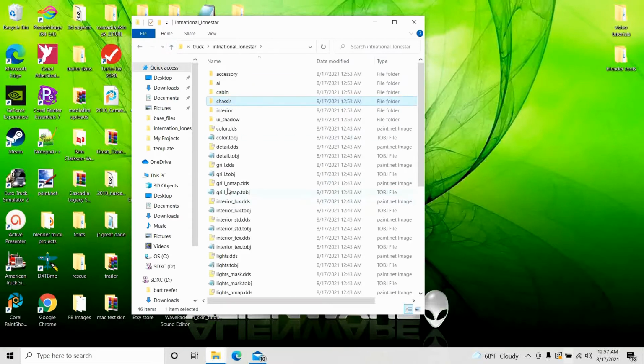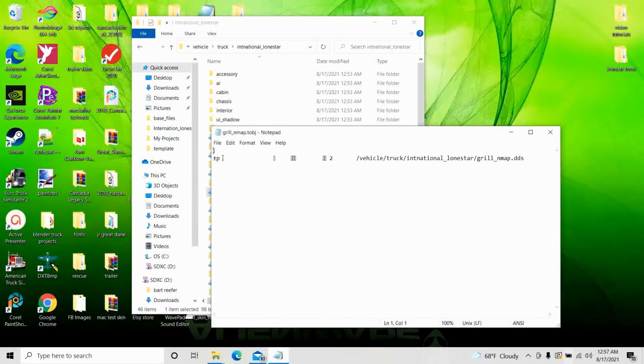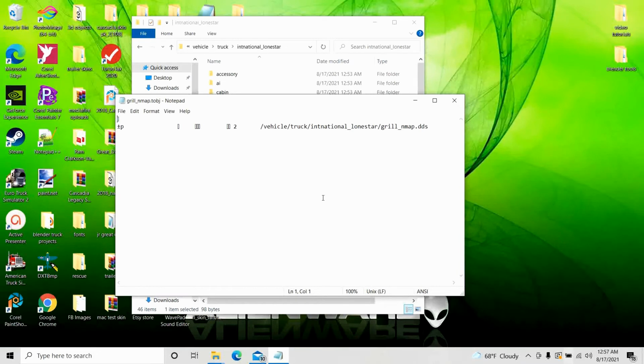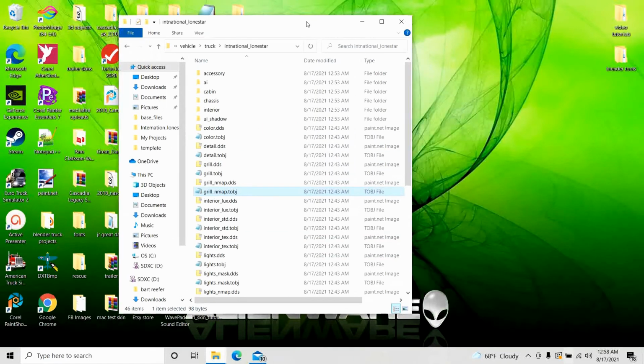And also, if you look at your TOBJ files, these are these funny looking characters in the front. This is because it's in a hexadecimal format. You cannot edit anything in this line without ruining this TOBJ. So when we convert it, this will be converted into a text file so we can edit all we want. And then once we get done with the editing, when we export it, it'll convert it back into a hexadecimal file. We'll get more into that later, but we do need to convert this over to a text file. So in order to do that,